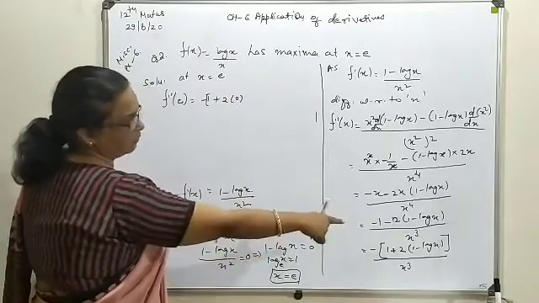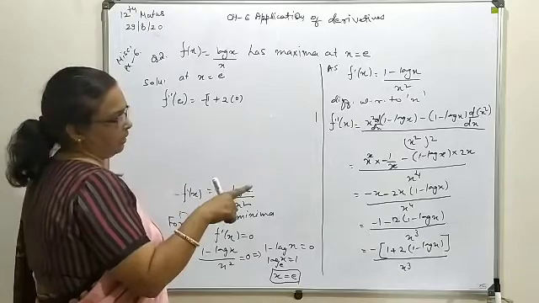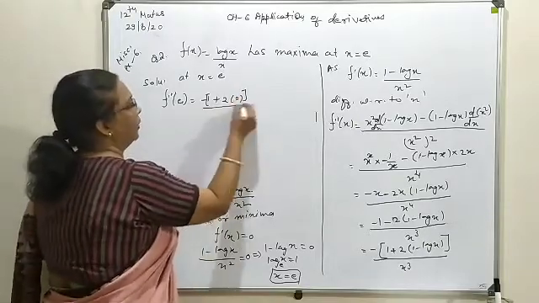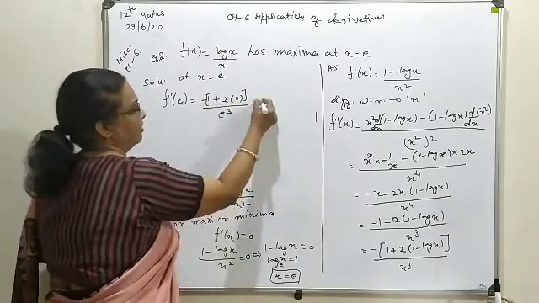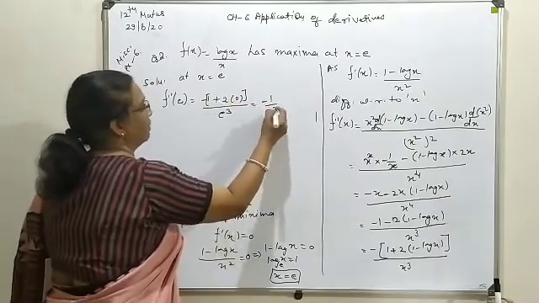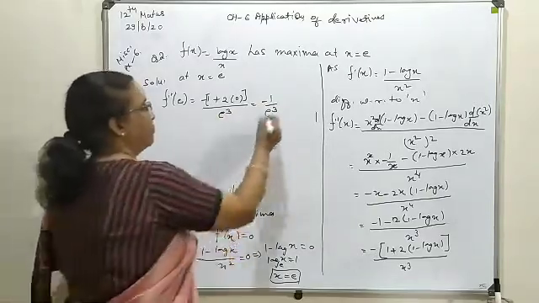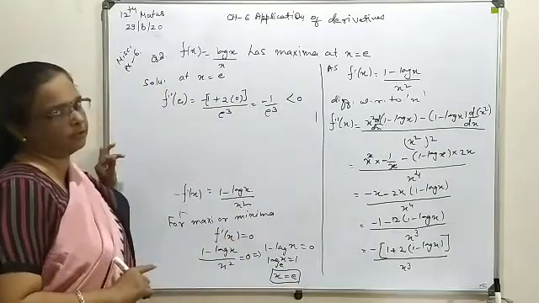is 0. If you substitute x as e, log with base e will give you 1, and 1 minus 1 will turn to 0 upon e cube. Means finally this term will turn to 0. So finally you are having a negative term. This e cube is a positive quantity, but it is multiplied with the negative one. So finally at x is equal to e, a negative solution you have produced.